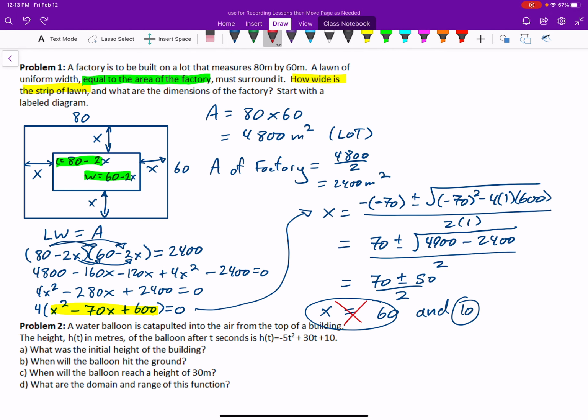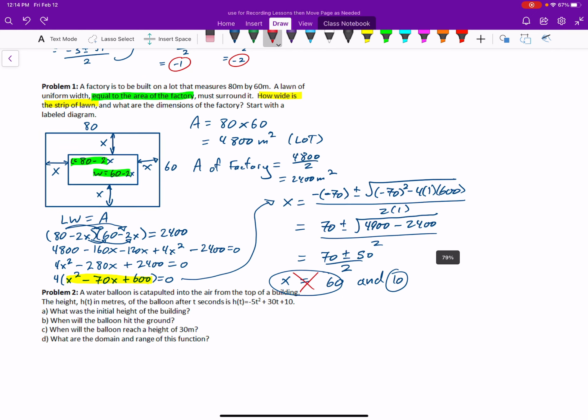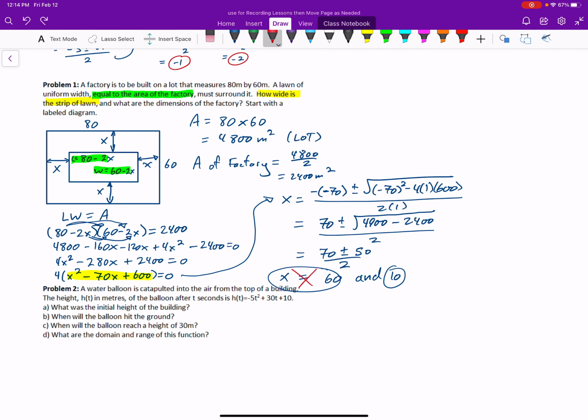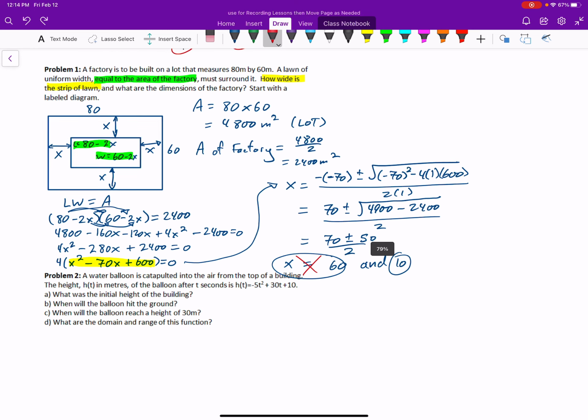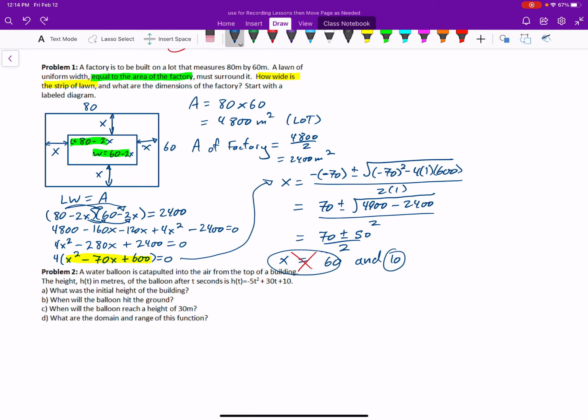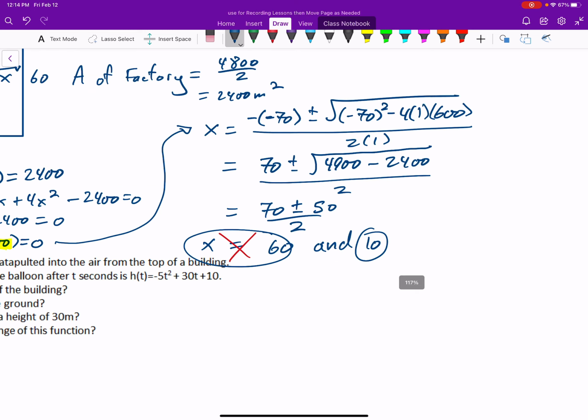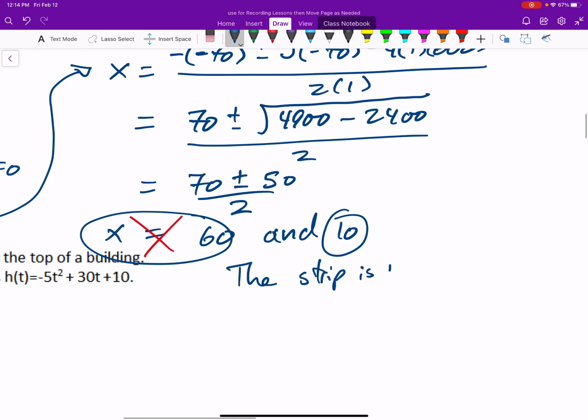Yes, it's the solution to the quadratic, but it's a nonsensical solution to this problem. So the width that makes sense is 10 for x. So x is 10. How wide is the strip of lawn? Sorry, I've taken a lot of space here, but the strip is 10 meters wide,